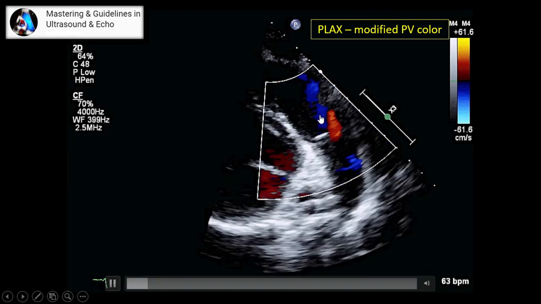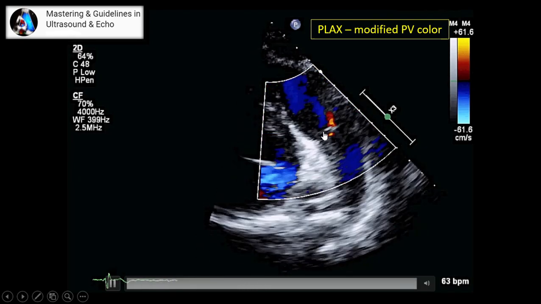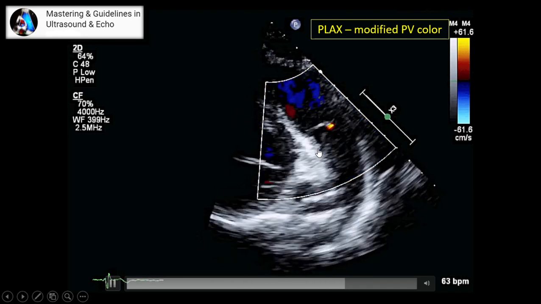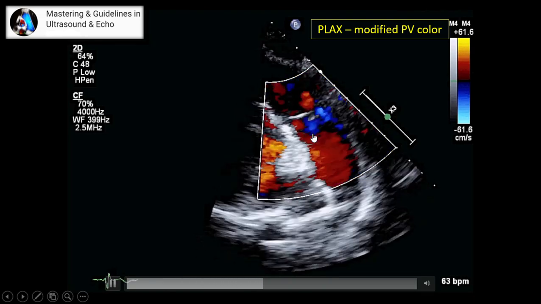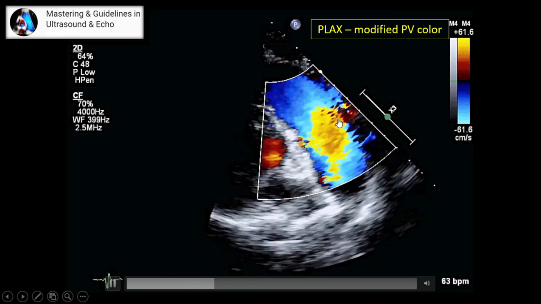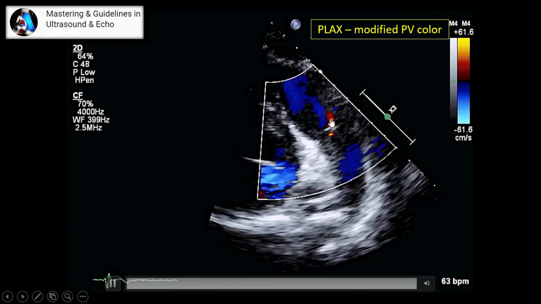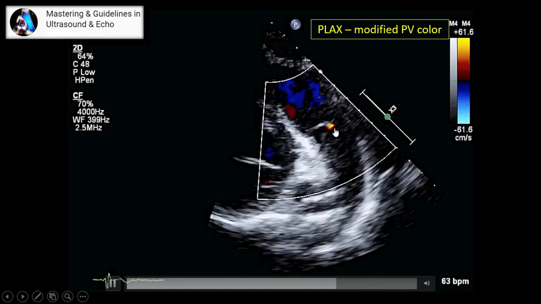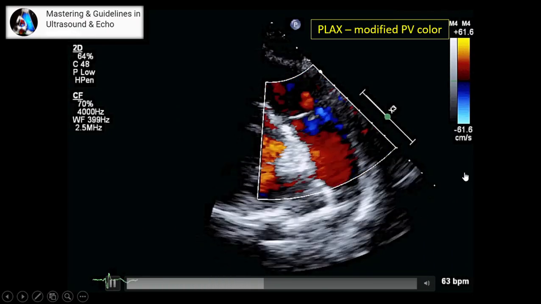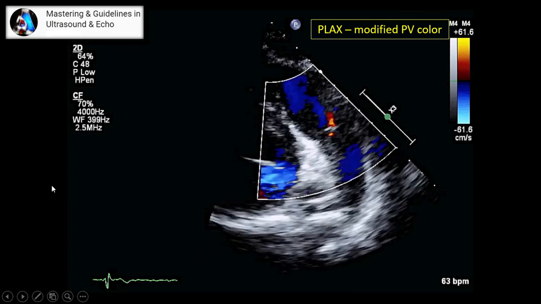Is that jet belonging to the PI or not? Is it blood flow from the coronary artery? Just look at the relationship between the start of the jet and the pulmonary valve. It exactly starts at this level, so we know that it is a pulmonary